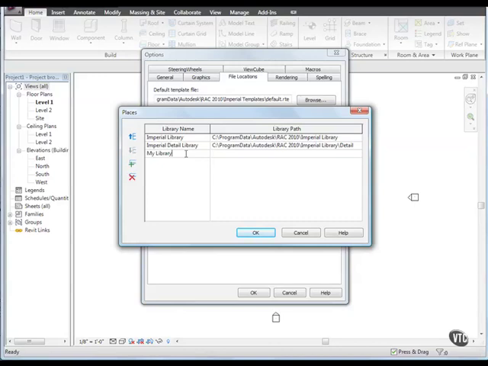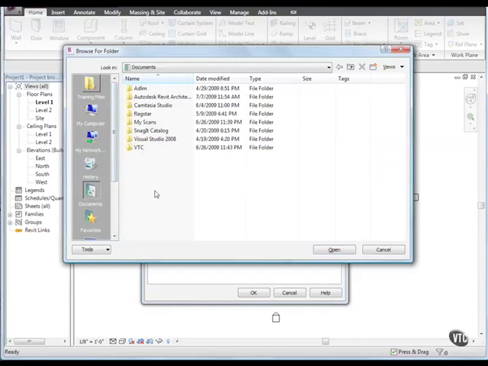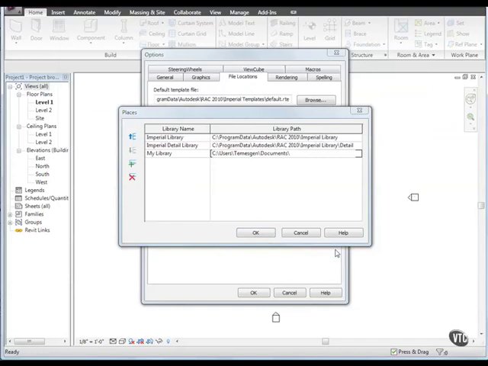Then click in the Library Path field for My Library and click the Browse icon that displays on the right side of the field. Then navigate to your Documents folder, or a folder where you want to create a personal library of Revit Architecture projects, templates, or families, and click Open. You may want to create a new folder first, and then select it as the library path. The new library displays in the left pane of all Revit Architecture Open, Load, and Import dialogs. Click OK twice,